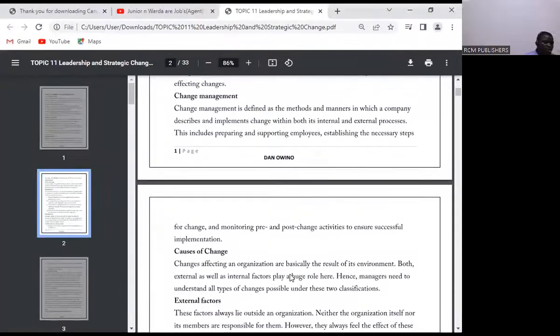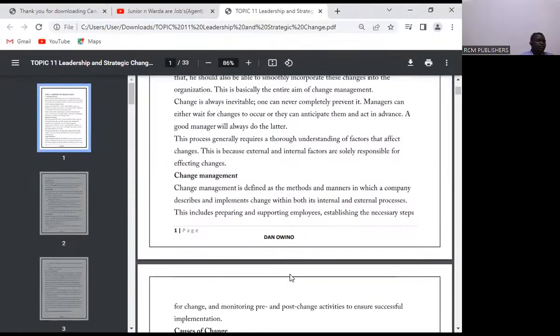Next we have change management. Change management is defined as the methods and manners in which a company describes and implements change within both its internal and external process. So class, what is change management? Just the methods and the manner in which a company can describe and implement the change within its internal and